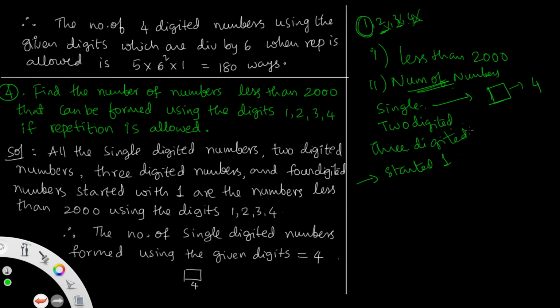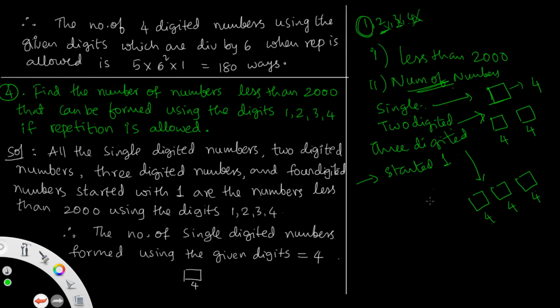By using the double digit number also, that is 2 boxes to fill by using 1, 2, 3, 4, any number of times. So you can get the number of 2-digit numbers formed using the given digits, maximum 4 times here also, 4 times here also. And similarly 3-digit numbers. Third digit number means you can get 3 boxes. So the first place can be done in 4 ways, second 4 ways, third 4 ways. Why? Because the total number of digits is 4. Each box can be done any number of times, so each box can be done in 4 ways. Therefore, this is the number of 3-digit numbers that can be formed by using the given digits.